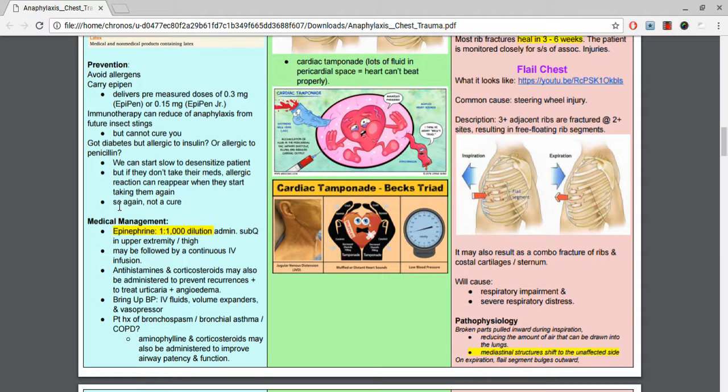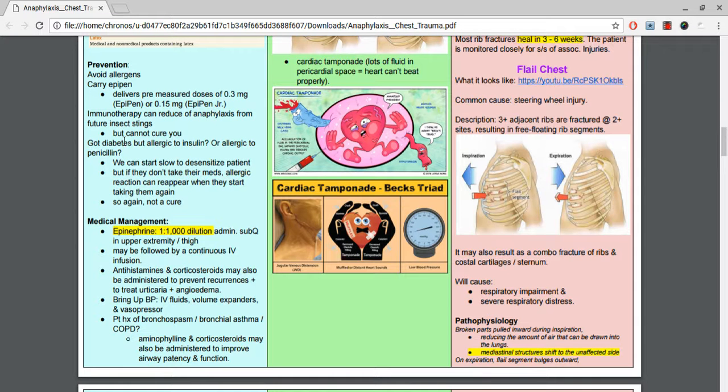Immunotherapy can reduce anaphylaxis. It can reduce your reaction to these allergens, okay? Like with the insect stings. But remember that immunotherapy is not going to be a cure. It's going to help reduce your reaction, but it's not going to cure you. You're still going to be allergic to, say,